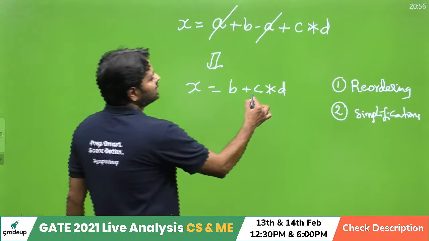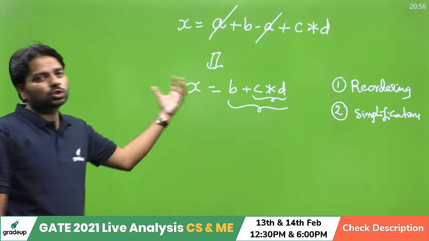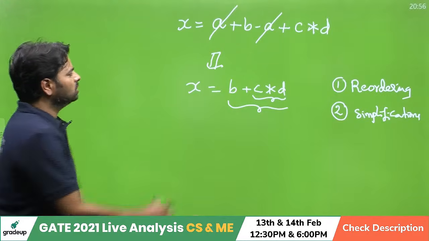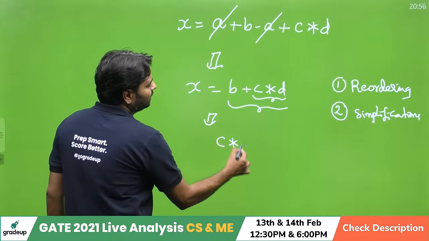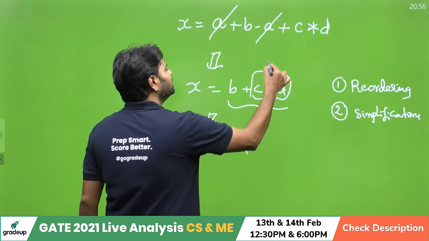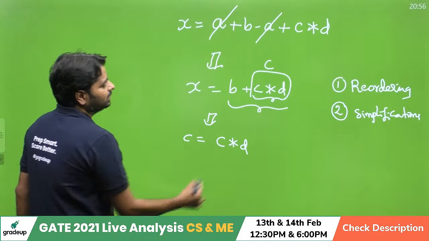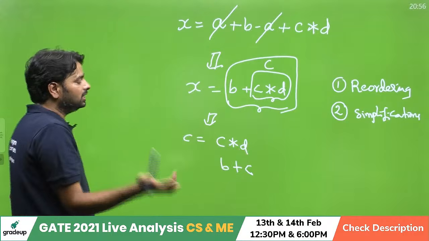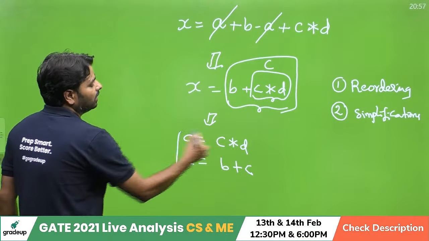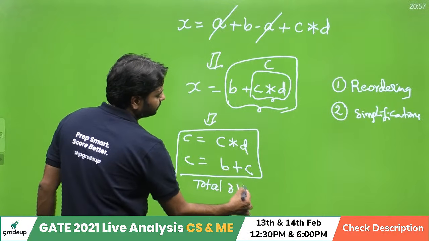Now you need to calculate c star d first, then b plus c star d, and the result need not be stored in x, you can store it in any variable. So I will calculate c star d and put it in just c, because c and d are free after that. Then b plus c, and everybody is free, you can reuse b, c or d, your choice. Over. In total, we require 3 variables